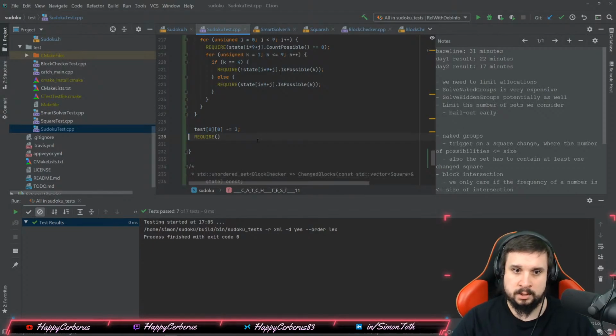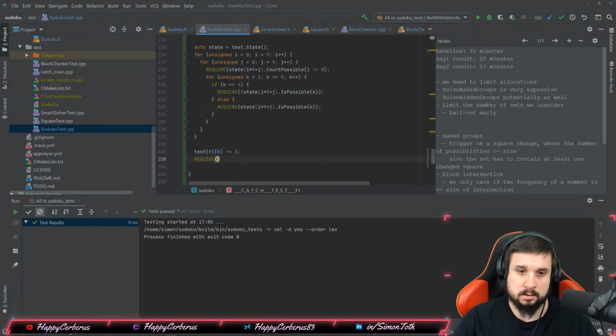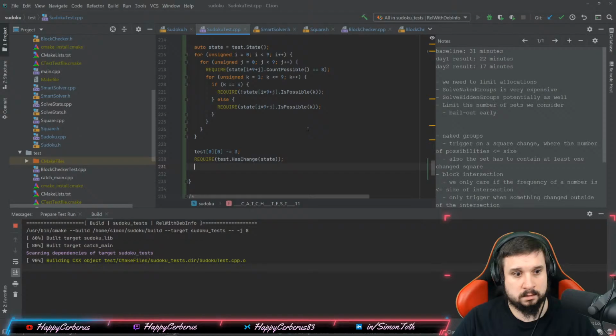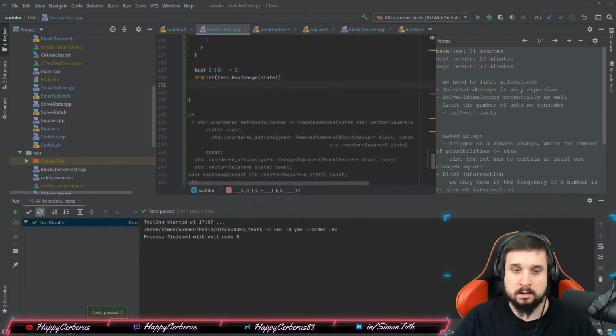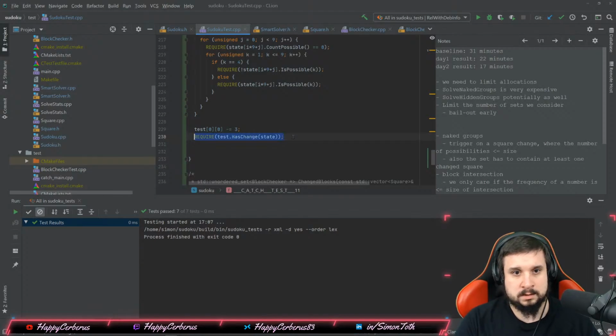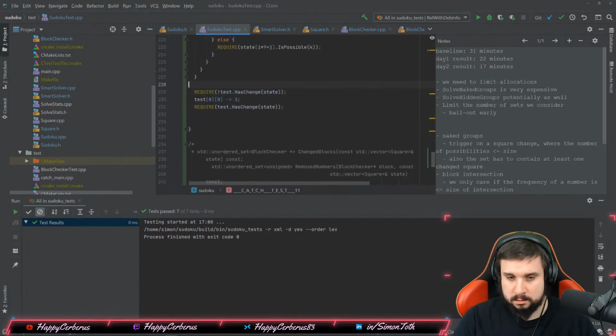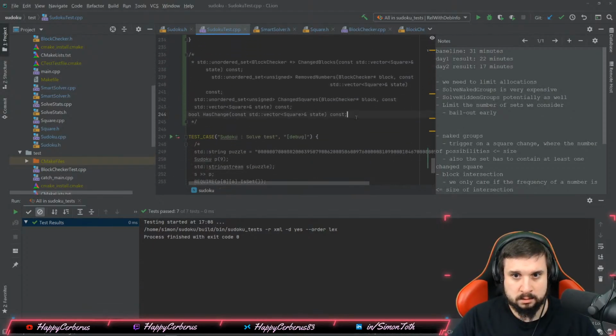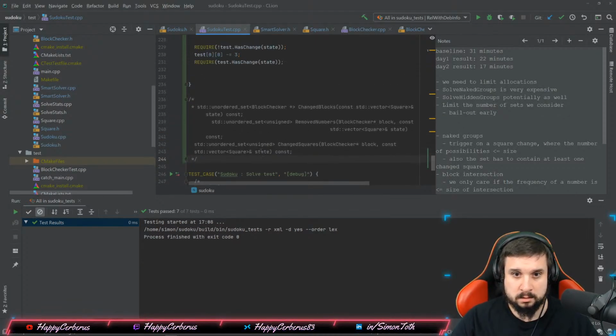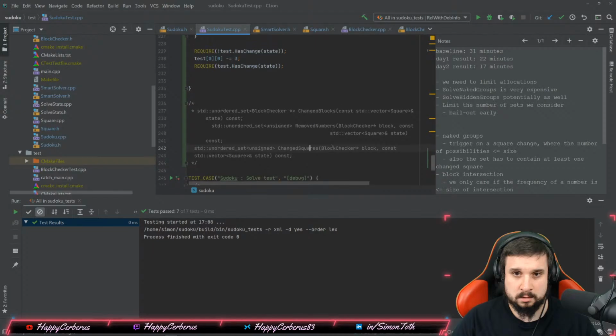So now first of all we want the has change, test dot has change with the state. This should be definitely returning true. Okay, let's see. Yep. And I guess before we do that, that should be returning false. Yep. So okay,